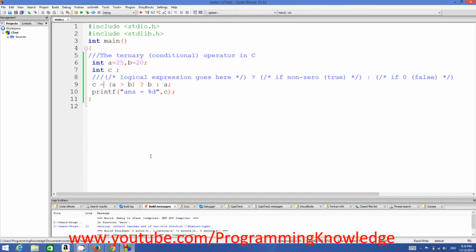So I hope you have understood this basic concept of the ternary conditional operator in C, and I hope you have